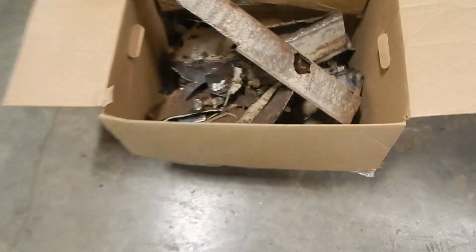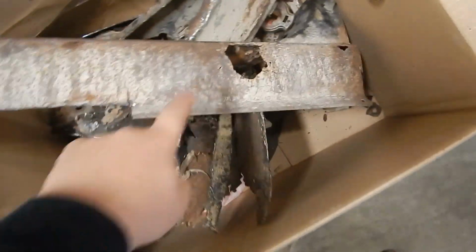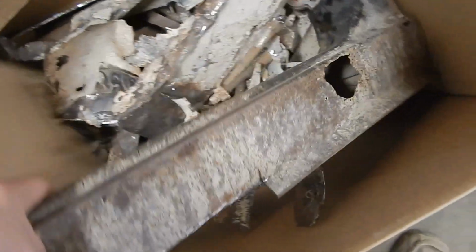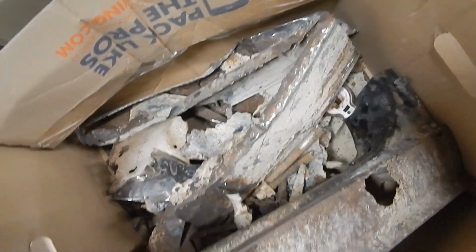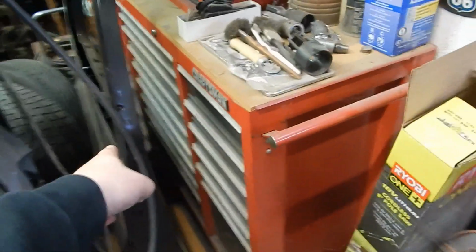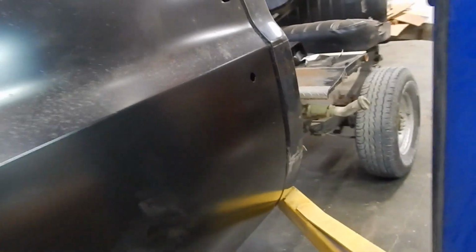The driver's side was gone, which I can show you. This is most of what was on the driver's side. Like, there's the outer rocker there, just completely shot. There's part of the cab corner. That's all what was in that side of the truck, which is crazy to me. Oh, door right over here, passenger door. But they're GM stamped doors. They're nice, but